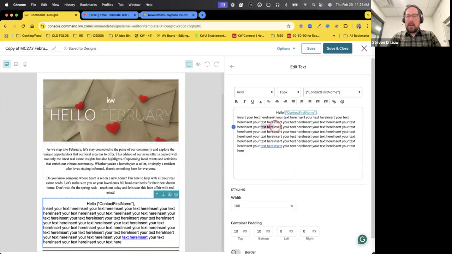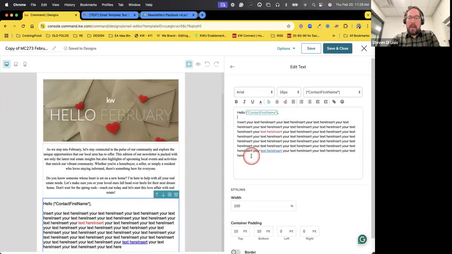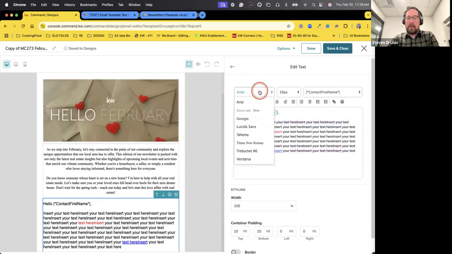We can come in here and change the color of our text. If we just click on the little A right up here, we can choose the different color of text. If I want to highlight something, I can do so with the color of the text. I can bold, I can italicize, I can underline. So lots of different options and tools to be able to create the text that you want to see in here. And the last element is you have a few different font options as well that you can see in